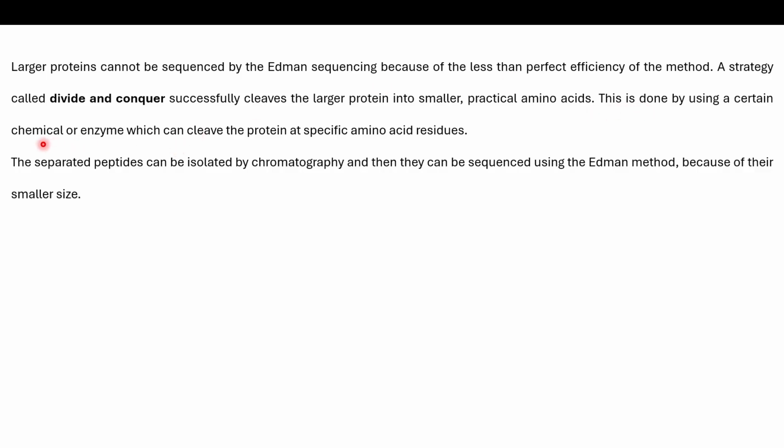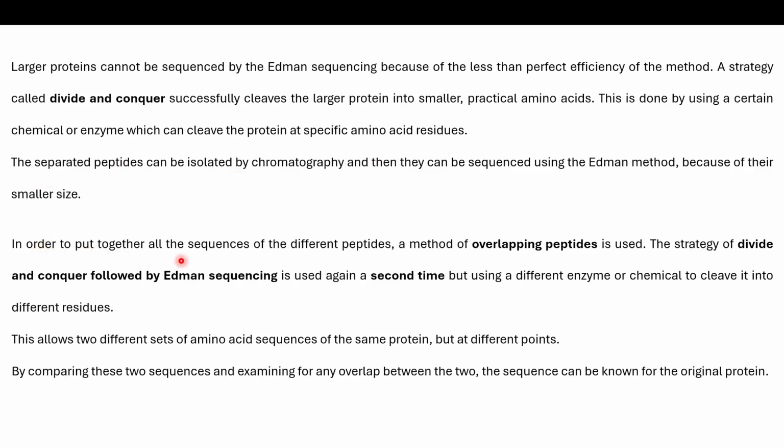By treating the very big polypeptide chains with enzymes or proteases, it is cleaved into smaller fragments, and eventually you can take up different sequencing techniques to get the amino acid sequences. Okay. So in order to put together all the sequences of the different peptides, a method of overlapping peptides is used. The strategy of overlapping peptides, if you remember,